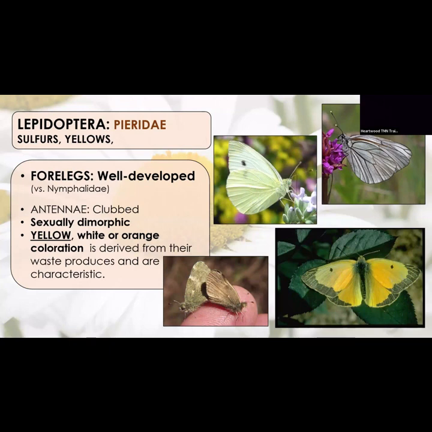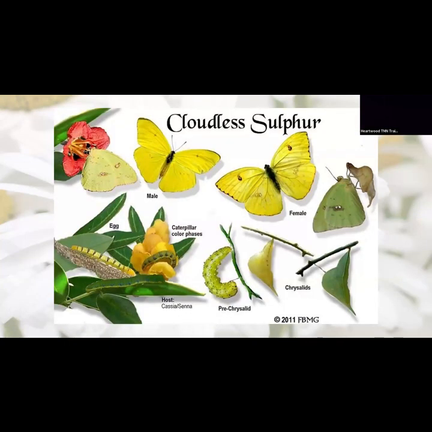It's interesting that actually that coloration comes from their waste products. The way they metabolize their waste products influences the coloration, and it all has to do with their diet. But they are often white, yellowish, some spotting, and they're not very large. The one that I'm passing around right now is the cabbage white butterfly, which is an invasive species, but it's a very good representation of Pieridae, because not all of them are going to be yellow.